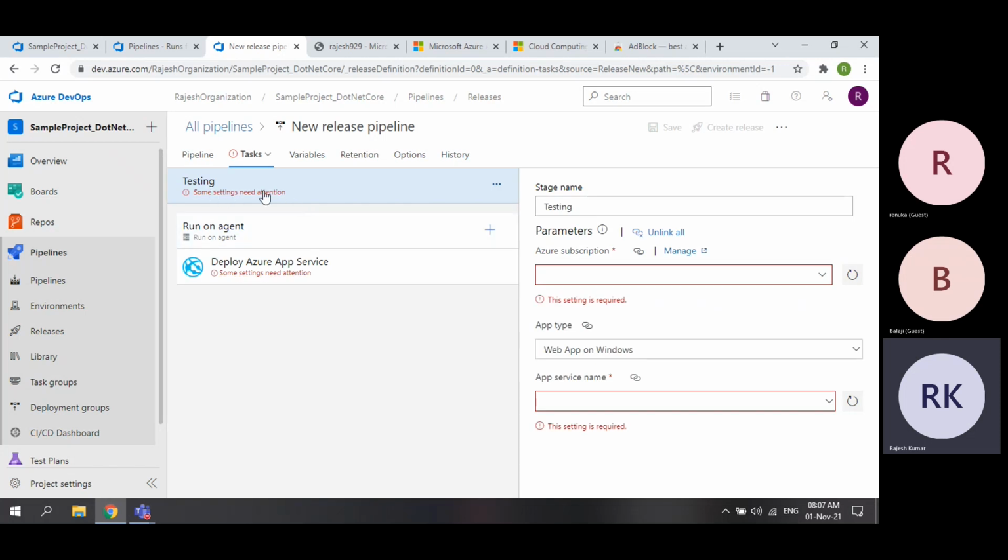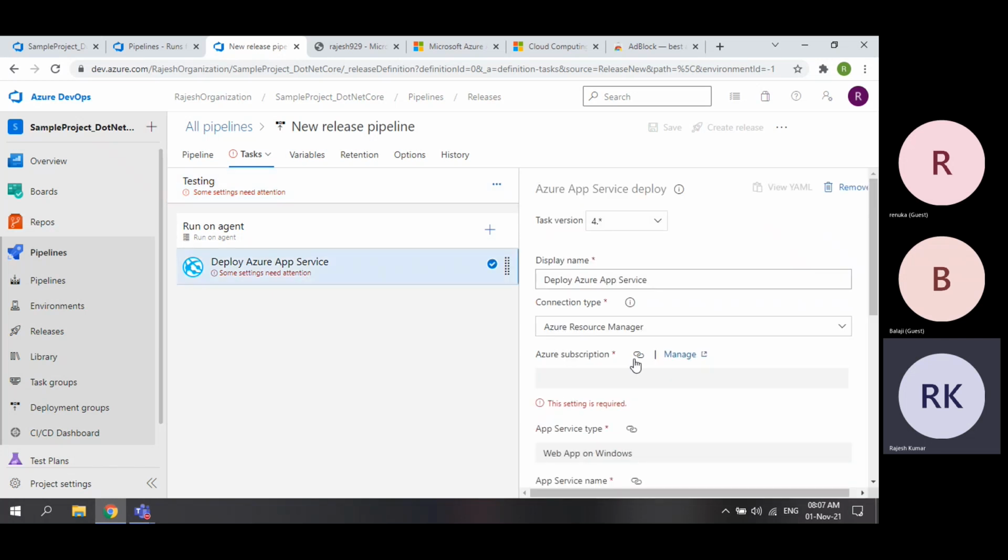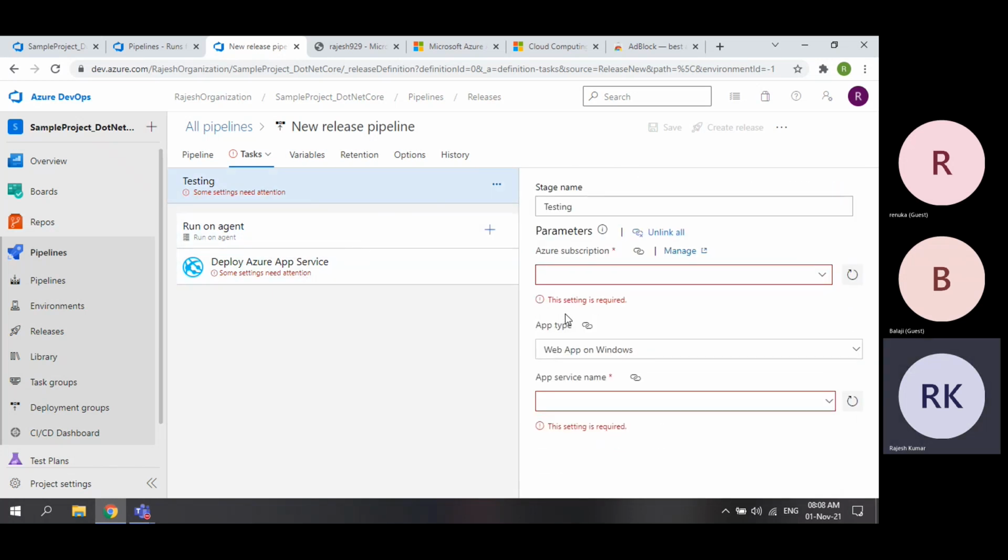Go here. See, it is saying some settings need attention. So what are all the settings? The template you have chosen deploys into Azure App Service. But what is the Azure App Service name? Where is the app service located? These are all the details you need to give. See, Azure subscription, you need to give some subscription. Azure App Service name, you need to give the app service name. So those are the details it is missing. Now here I will say,